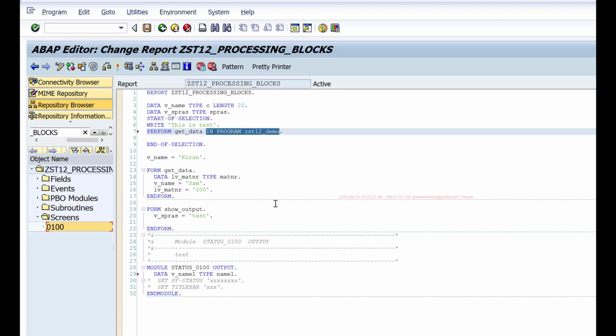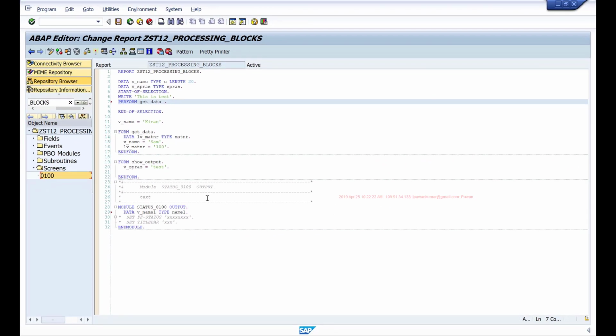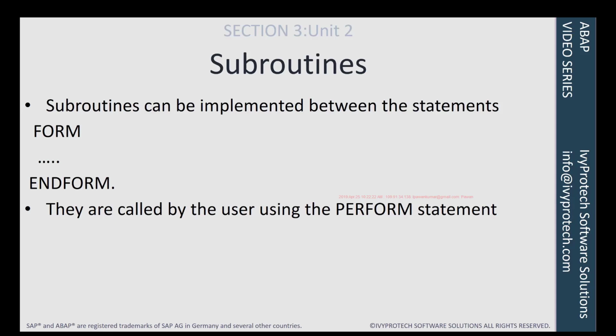So you can call it both internally as well as externally. And these subroutines also support a parameter interface. So when you're calling a subroutine, you can pass certain parameters to it, and it can use them to process something and return some result to you, so that you can use it in your logic.